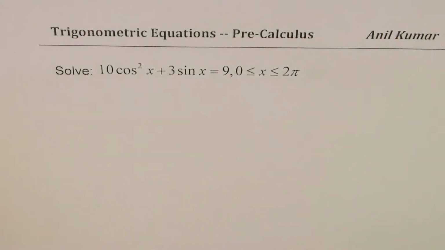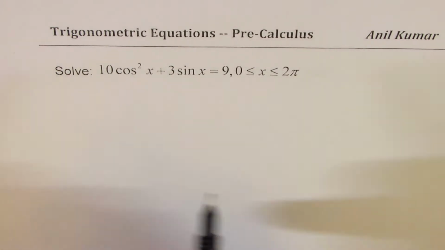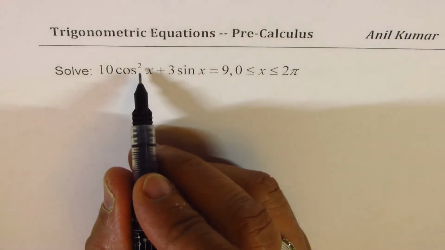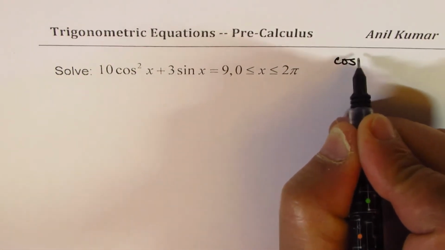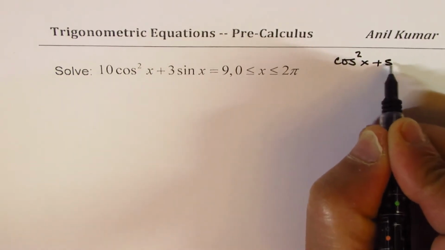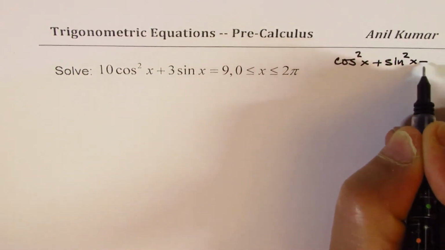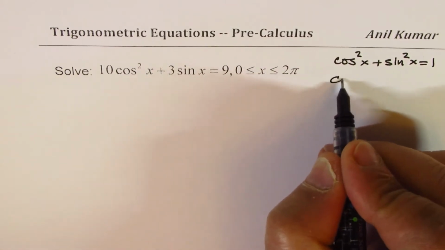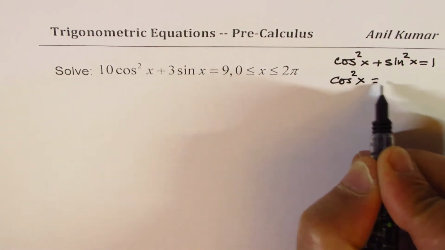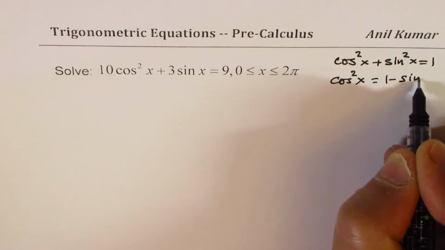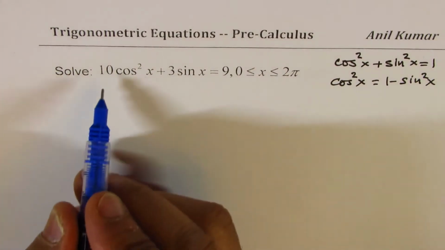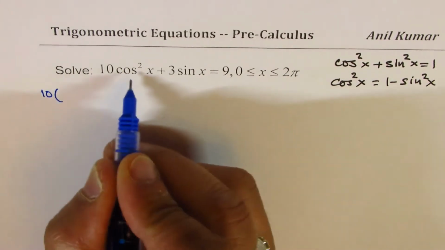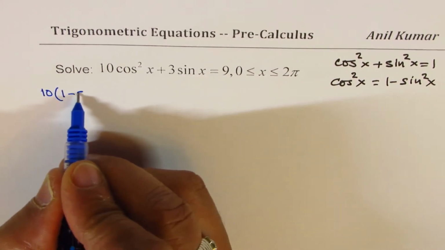Let's begin. The very first one is kind of a quadratic equation. If I replace cos square x with 1 minus sin square x, right? So remember, we have cos square x plus sin square x equals 1. So I could always write cos square x as equal to 1 minus sin square x, correct? So let's do that. So we'll change this 10 times